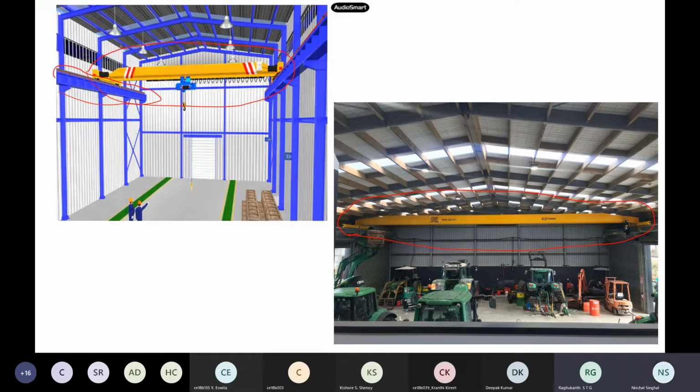Now this load, what is this? You can see one I section right here, where the crane is moving. What do you call this I section which is supporting the crane? Or this entire system, if you want to design, what do you call this entire one? So this entire design comes under which one? It is also like a girder only.